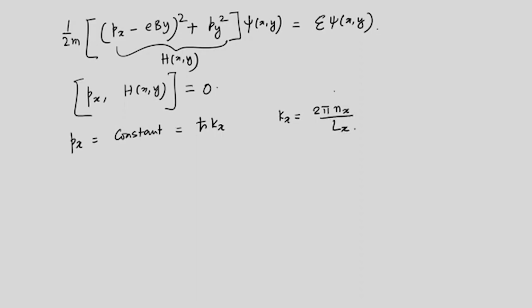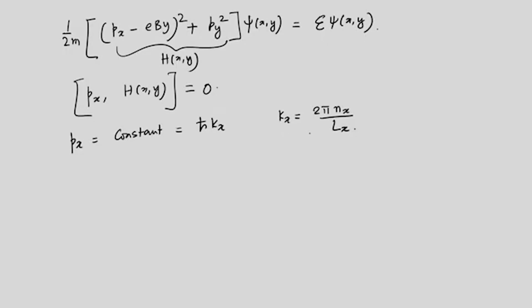Okay. It is just the way we have learned in the particle in a box, the k vectors are quantized. The k vectors are quantized because of the presence of boundaries there, and we have seen that k equal to n pi over L. Here, because of the periodic boundary condition, you get a factor of 2. So, this kx is equal to 2 pi nx by Lx, and nx are 0, 1, 2, 3 and so